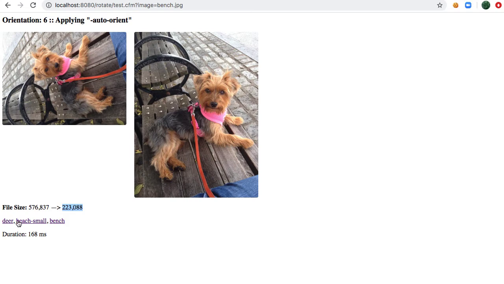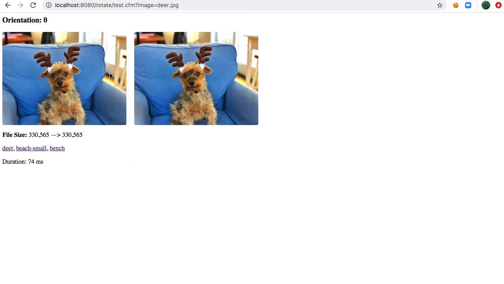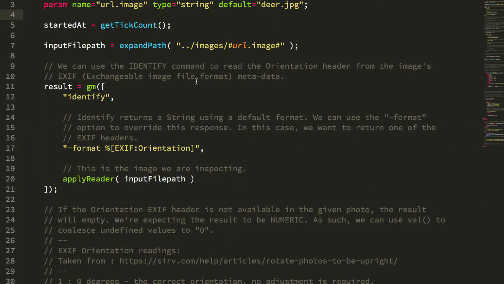We don't want to have to do it all the time. So for these other images that don't require rotation, we want to leave those files as is, and you can see here we maintain the file size across the operation. Well, in this case there actually is no operation to be had. So jumping back into the code, again, the first thing we want to do is identify whether or not the